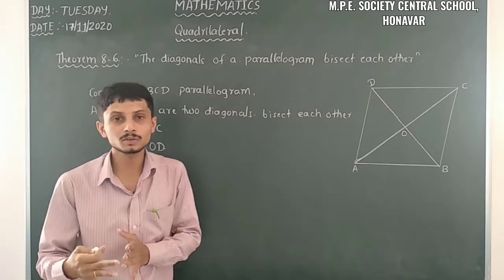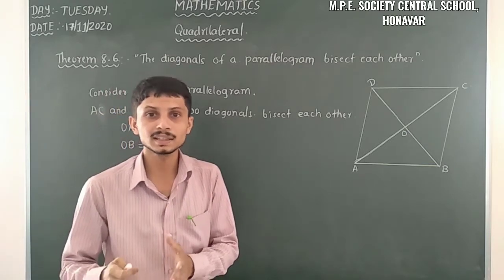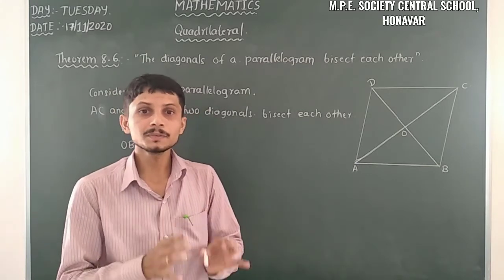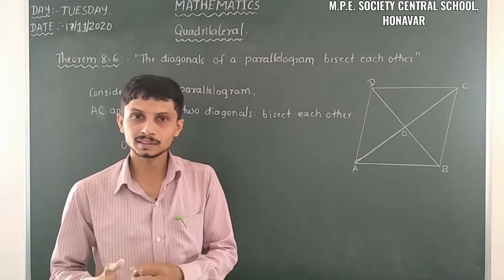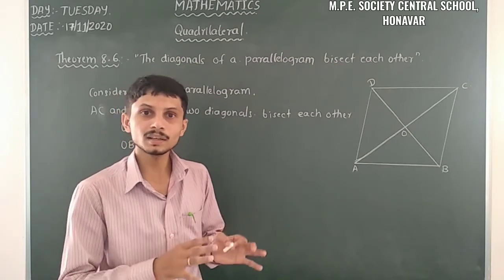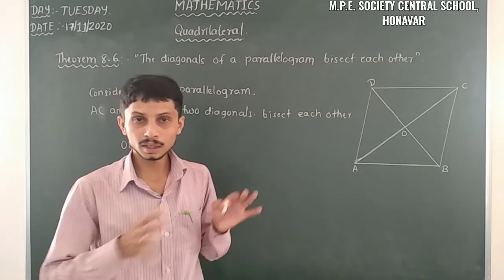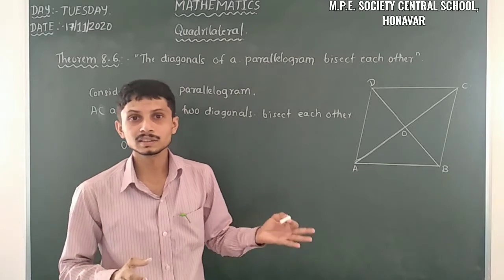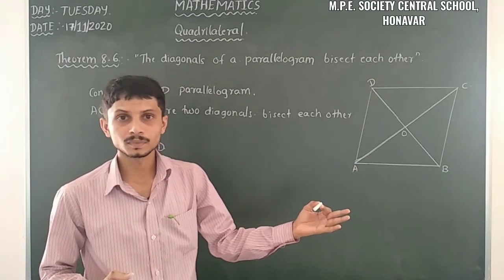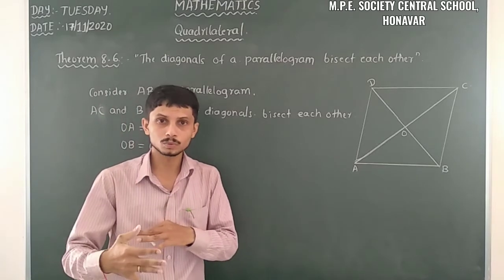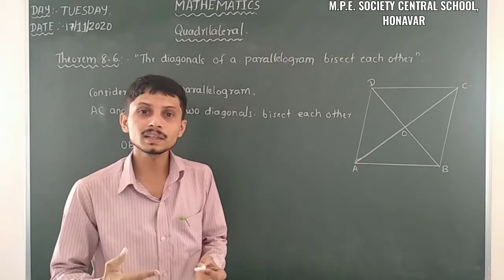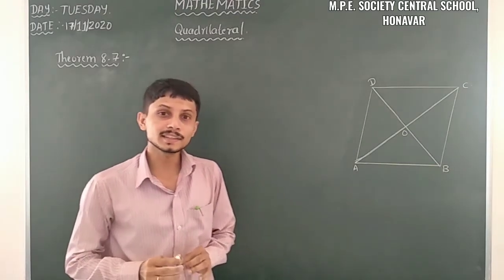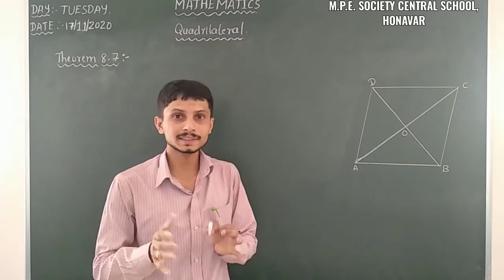After that we take the converse of theorem 8.6, that is 8.7. The statement of theorem 8.7 is: if the diagonals of a quadrilateral bisect each other, then it is a parallelogram. Then we have to prove that. This is a known thing that we already learnt in the 8th standard, but here we have to prove the theorem using known things. So let us take theorem 8.7. The theorem 8.7 states that